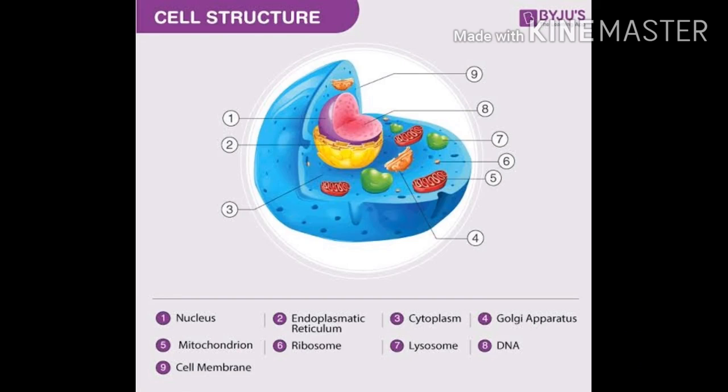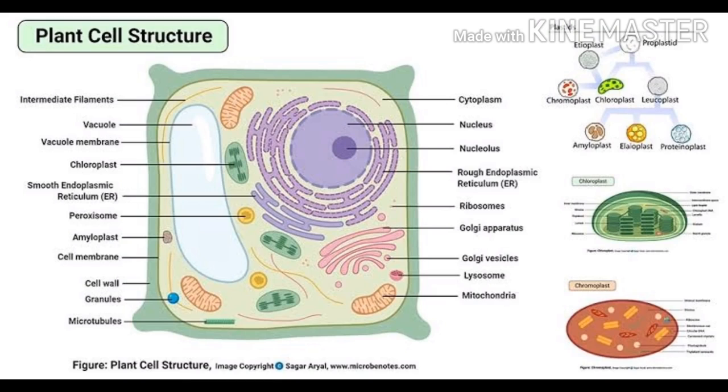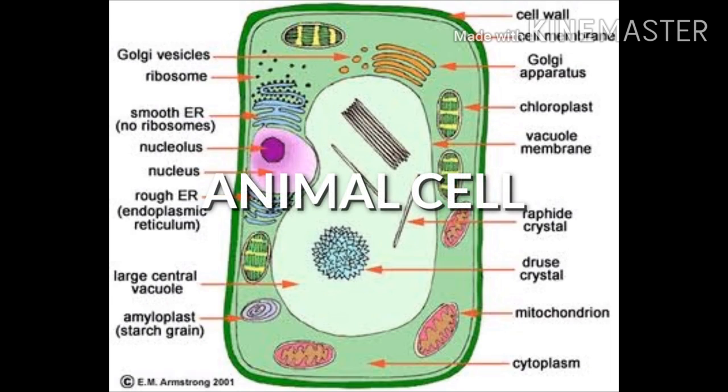Probably we have understood the three main important parts of a cell, it may be a plant or animal cell. But the other organelles that are involved in both the plant and animal cells we will study after noticing the difference between the plant and animal cells. Here in the above, you can see both the pictures of plant and animal cells. If you want, you can carefully draw the diagrams of both the cells in your notebook, and you can note the difference between both the diagrams that is shown here in the above picture.